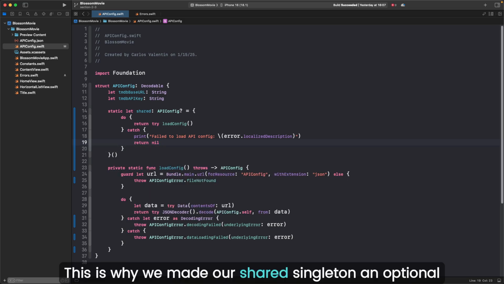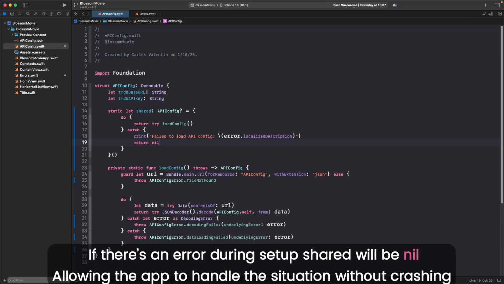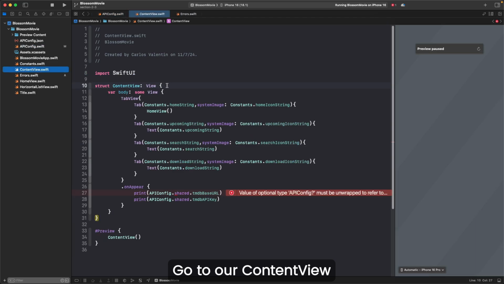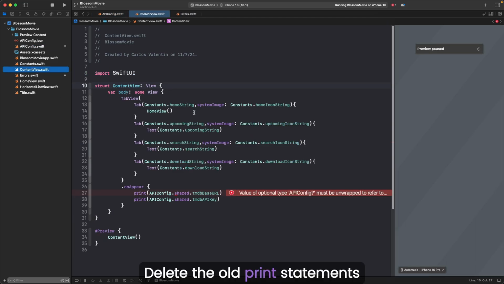This is why we made our shared singleton an optional. If there's an error during setup, shared will be nil, allowing the app to handle the situation without crashing. All that's left is to test. Go to our ContentView, delete the old print statements,